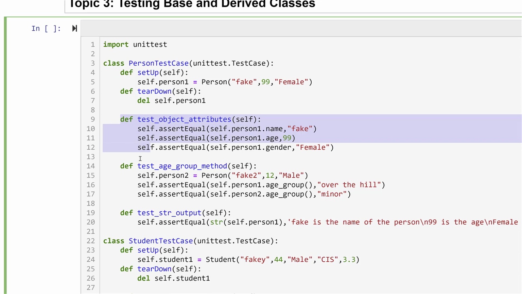So for every one of these groups, I'm going to get a person 1, and then at the end of it is going to destroy person 1. It's very good to keep things clean. So first off, very typical, I'm going to test my object attributes to make sure that they are all working correctly. So I'm going to do a self-assert equal, ask it to give me